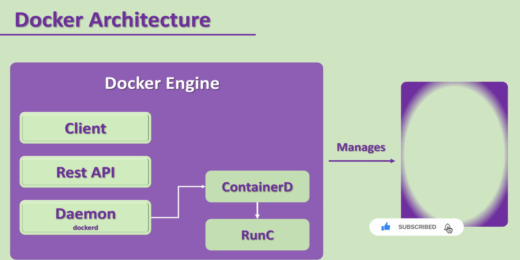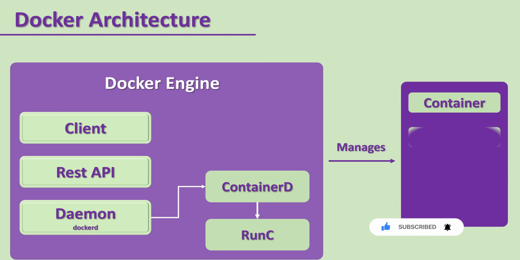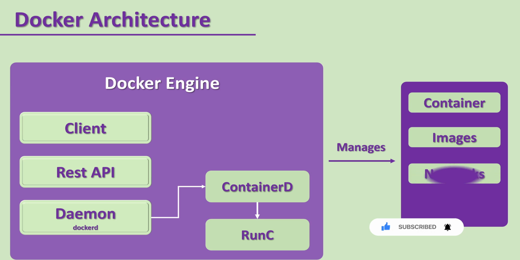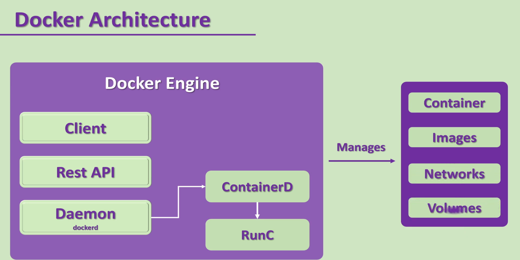the Docker architecture also manages containers, images, networks, and volumes. And from the client, from the Docker CLI, you can manage all these things. So this is the Docker architecture, where all of them are separate components, by the way. Client and REST API are treated as the client. When you run any command, it is parsed and sent to the Docker daemon, and then the Docker daemon does some processing and responds accordingly.